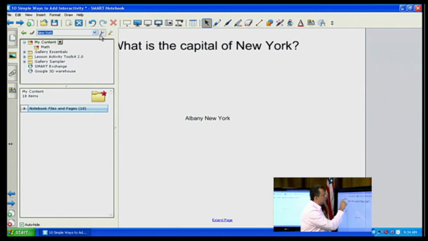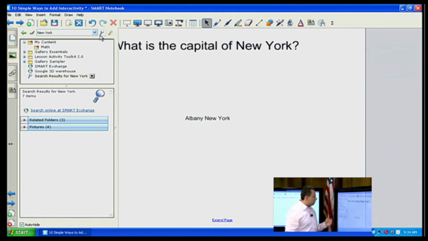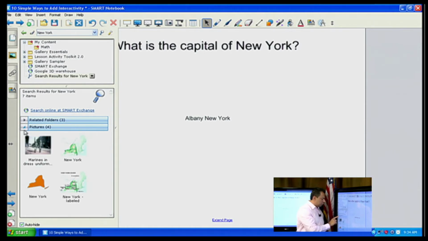Let me try that again. There we go. And now it's searching, and I found 4 different pictures. If I look back down here, I have pictures. I choose the drop-down menu, and now there is my picture of New York in the bottom left-hand corner. To add that to my page, there are 2 different ways that I can do that. I can drag and drop, or I can double-click. Both ways will put the item within the white environment area. So I'm going to double-click on it,